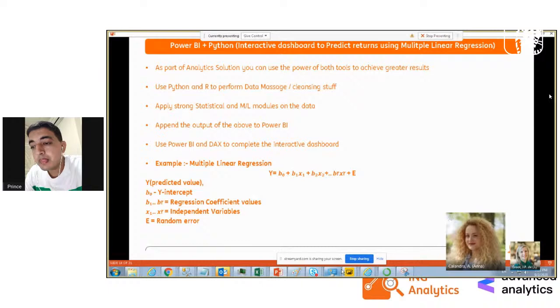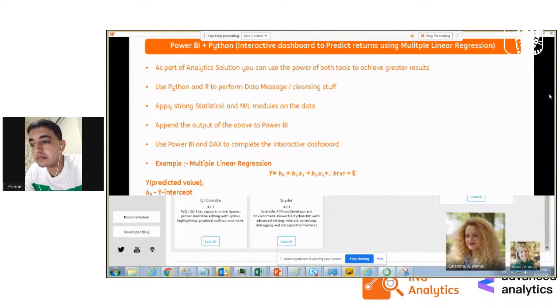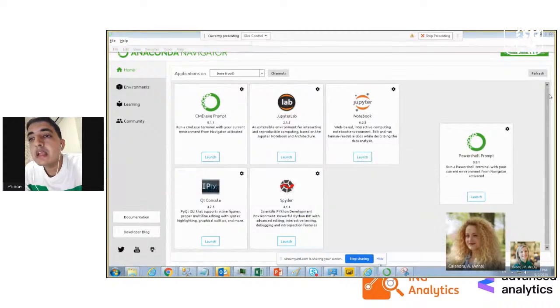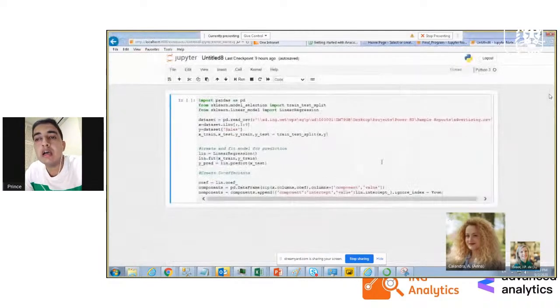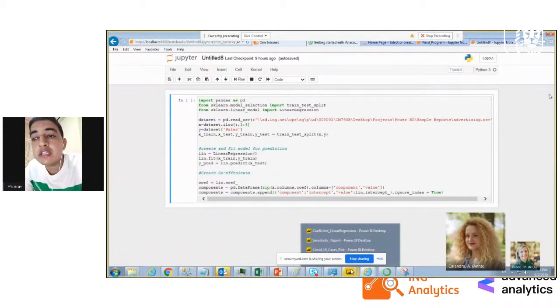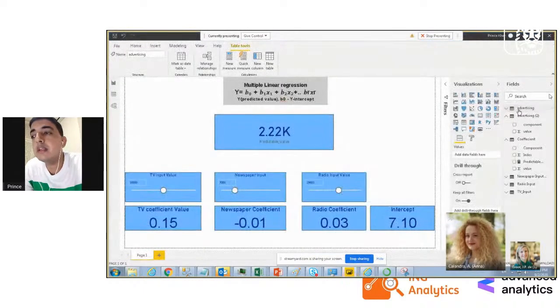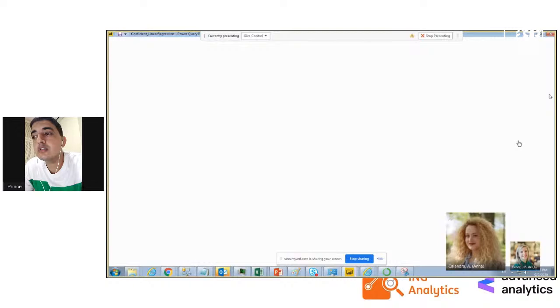So for example, it shows you the whole machine learning model of a linear regression. I just did a test and train split and did the linear regression and got those coefficient values out of it. But you can straight away use this in Power BI as well. I'll just go and edit the query. So if you see this small demo,